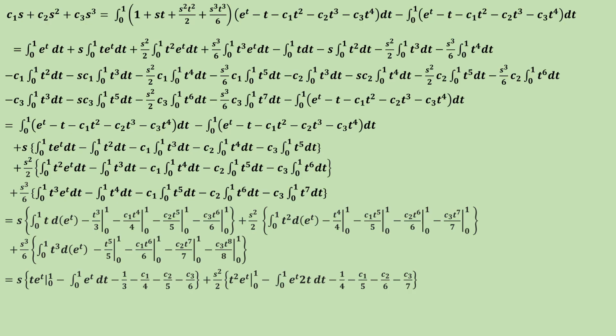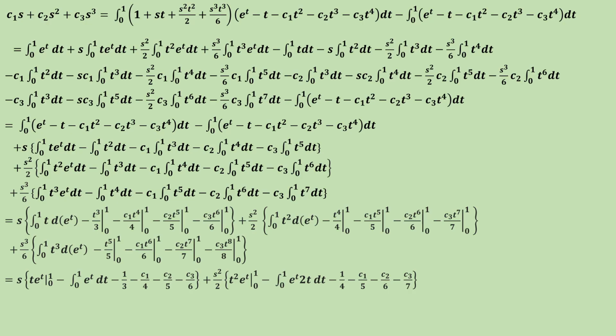Then for the remaining terms we are substituting the values. Only the upper limit contributes, because at the lower limit all are 0, so you will get minus 1 by 3 minus c1 by 4 minus c2 by 5 minus c3 by 6. This is the s term. Then the s square by 2 term, again using the first